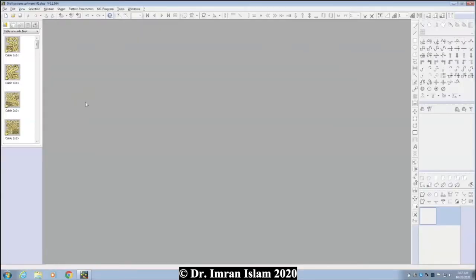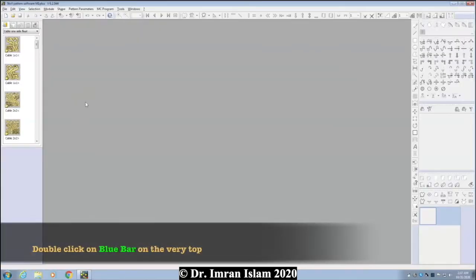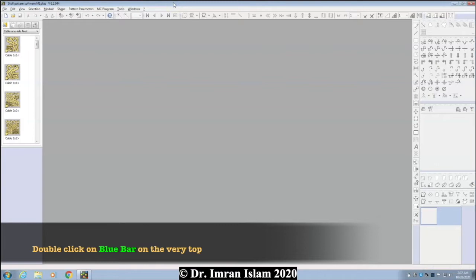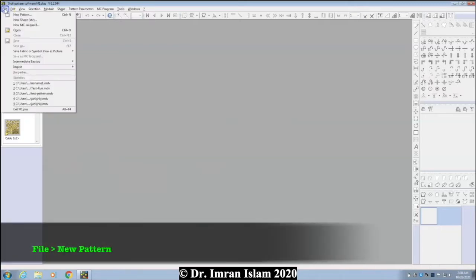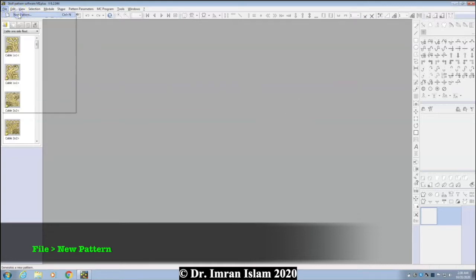After that, double click on here. Now to activate the Stoll Programs tool to facilitate your neat design. For me, I already have them displayed. So once you are in here, now go to the file, new pattern,